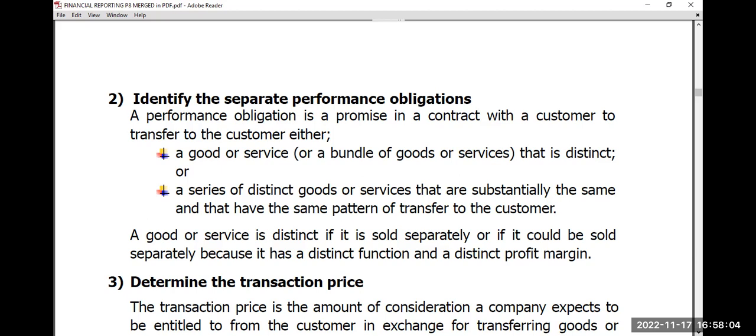distinct. And they are going to be distinct. That's one of the words that we are going to be emphasizing. And when we say something is distinct, it means that item can be sold separately, or it can